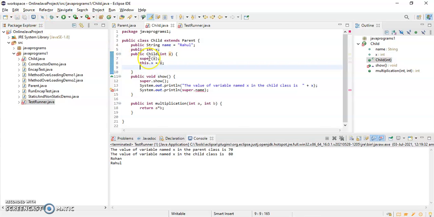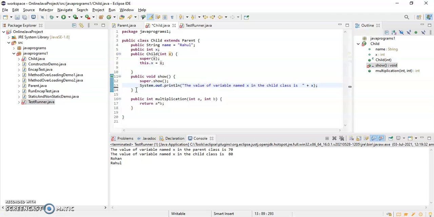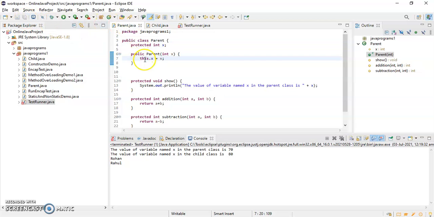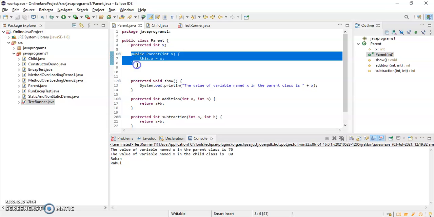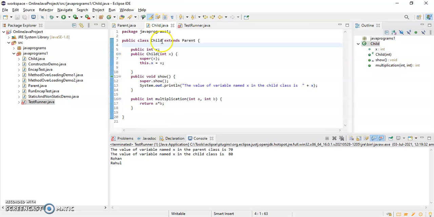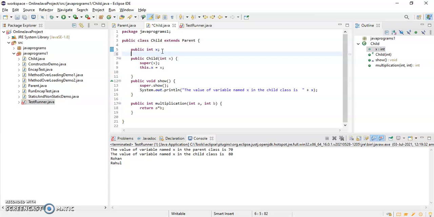Now I have deleted all these things. So if you see now, in the parent class I have one constructor where I am initializing the value of x. In the child class I have one constructor where I am initializing the value of the child class variable x.